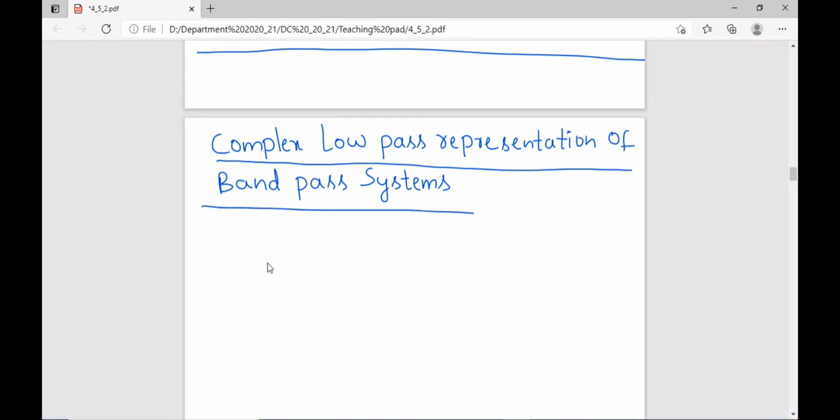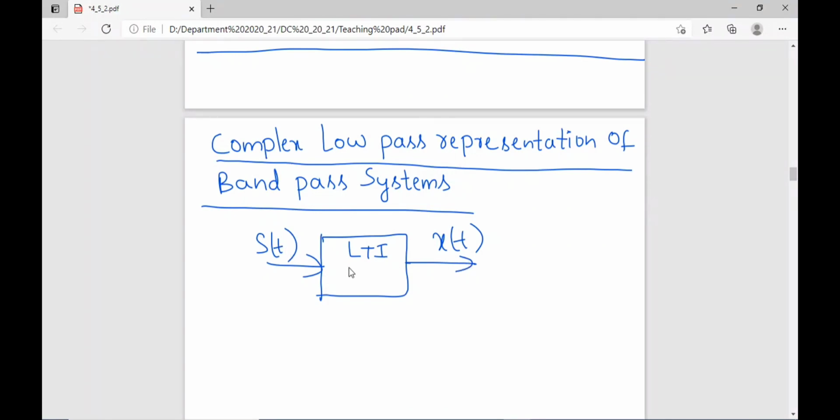Okay, so band pass system. I have a system which is an LTI system, and it is a band pass system. I'll have some input and I'll get some output. Generally, the input to this band pass system we take as s of t. It's not wrong if you take x of t here and y of t here, but generally we take the standard form: s of t as the input and x of t as the output. Don't get confused; don't consider that x of t is the input and s of t is the output. No, s of t is the input and x of t is the output.